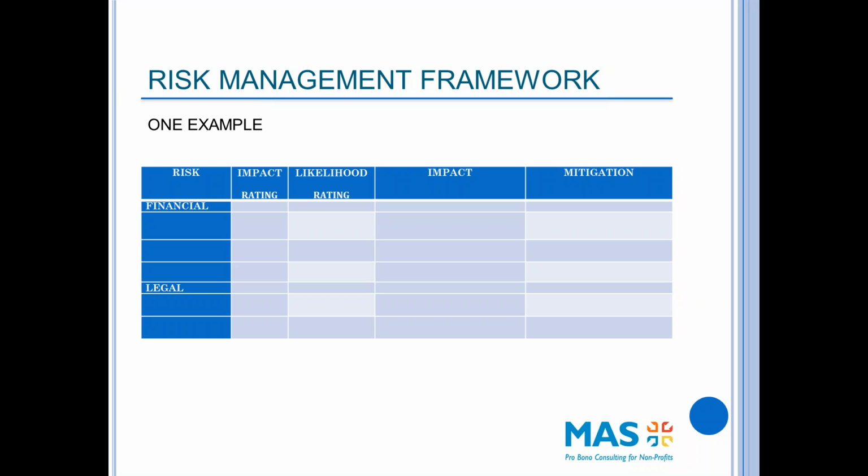Yeah, so there are differences. I think programs would fall under that bucket of operational risk. There are a couple of different kinds of what I would call higher level governance risks. And some of them we'll talk about in a minute when we talk about the board's role in this. But when I think about it, there are strategic risks to an organization that a board needs to deal with. And that is often dealt with maybe through strategic planning. But it's also looked at, if you have funding, for instance, that you are dependent on, and that looks like it's at risk. Those are the kinds of things that would get elevated to the board level.